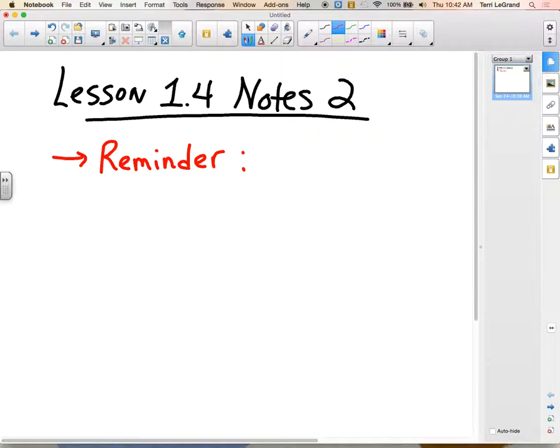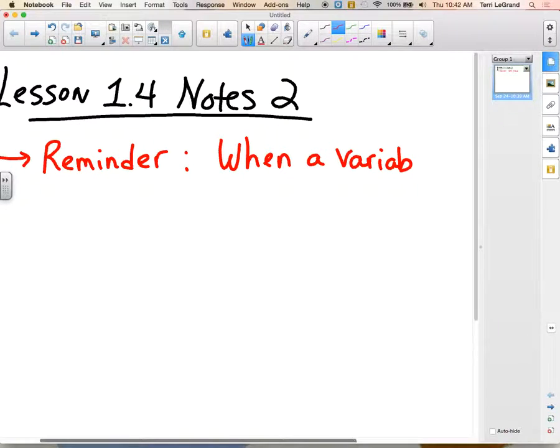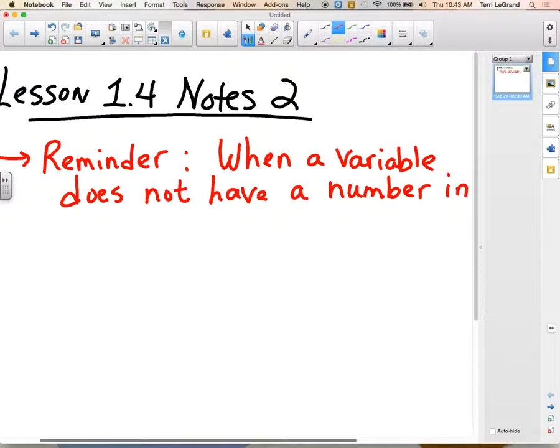So the reminder is something that we should know already, so that's why we're just treating it as a reminder. But when a variable does not have a number in front of it, I'll let you catch up to that. When a variable does not have a number in front of it,